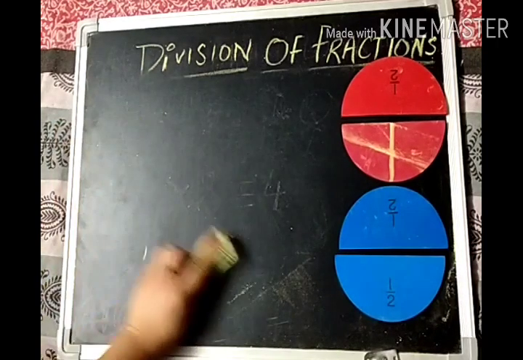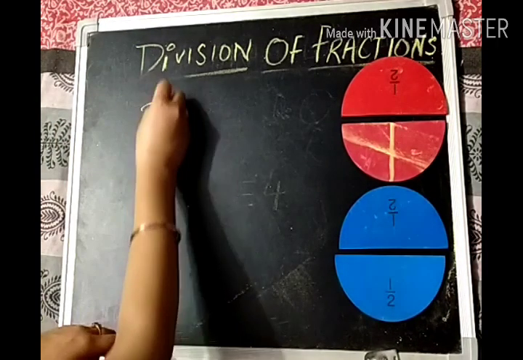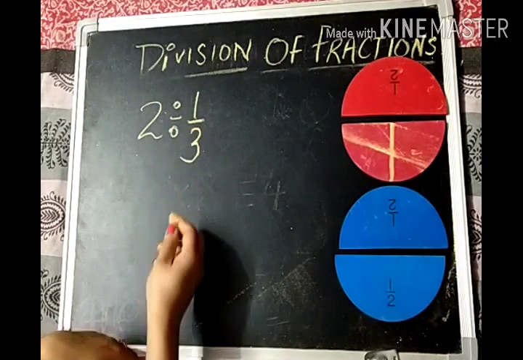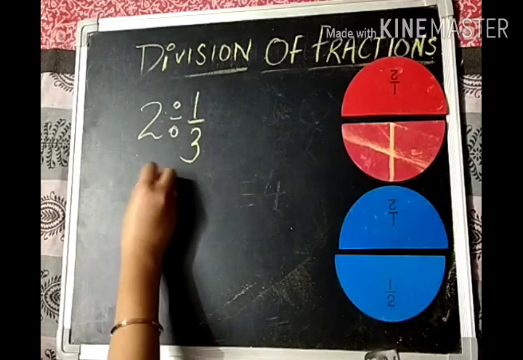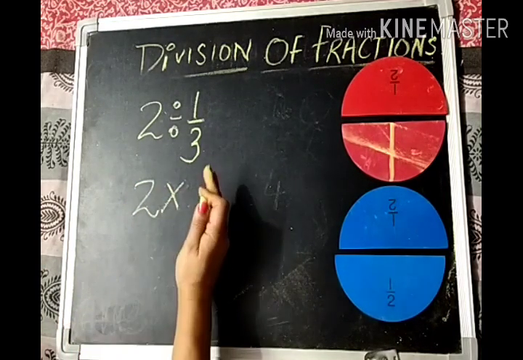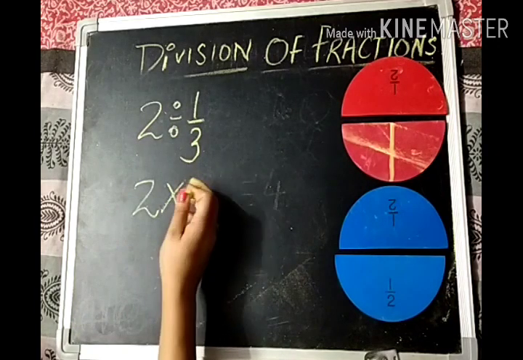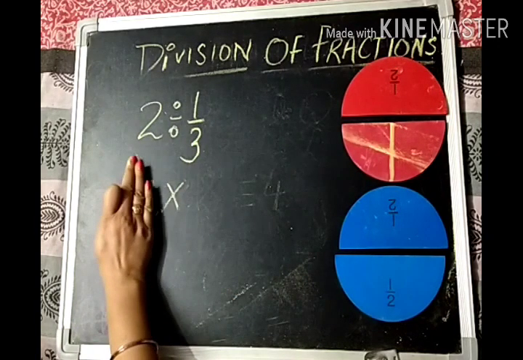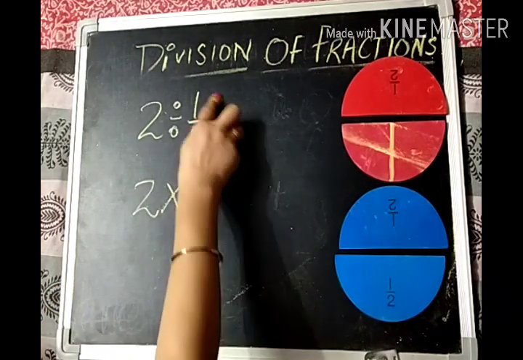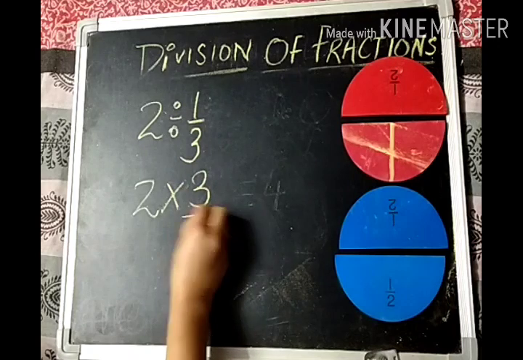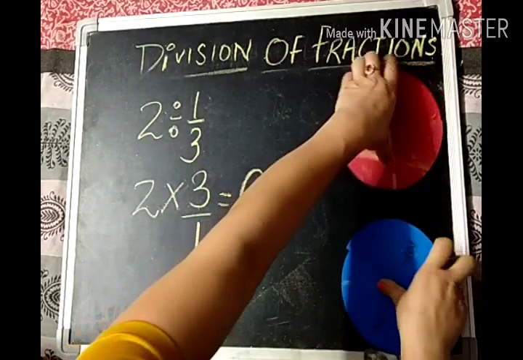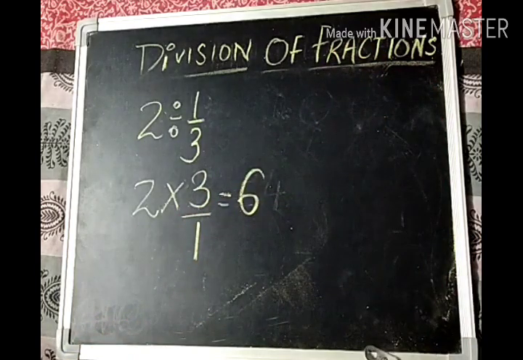Next we did, if we have to divide 2 into 1/3, what did I say? How will you solve it? You will change this sign into multiplication. The next number to it will be changed; this one will stay as it is, we'll change only the next number. This will go in place of numerator and this will come down. How many? 6. Let us check again if we are right or not.